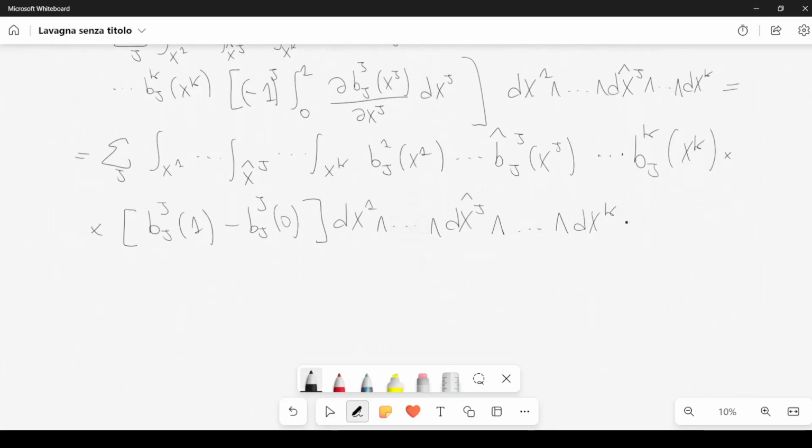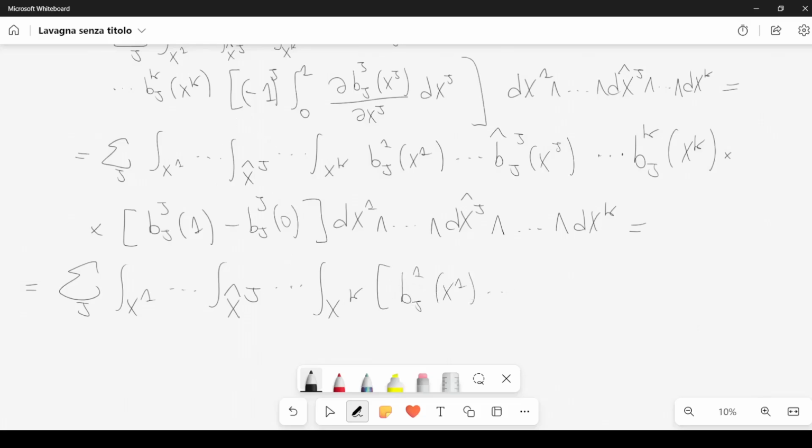And at this point, I can rewrite it one last time, so I can use the fact that we derived this expression. I can put bjj here, and then I will have minus this same thing, where instead of bjj of xj, I will have bjj of 0. So let me show you if this is unclear. So I have to sum over j, integral over x1, dot dot dot, integral over xj hat, so this integration does not appear, dot dot dot, integral xk, and then I have